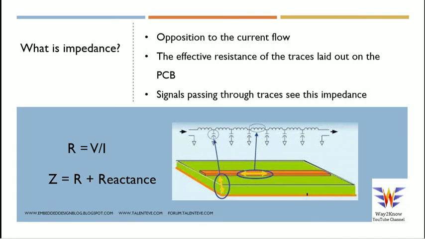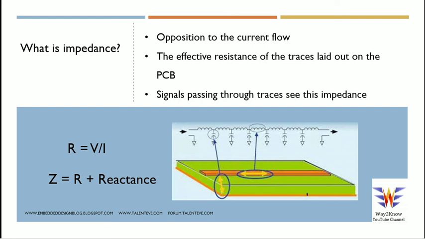Let us continue our discussion on high-speed designs. Whether it be high-speed design or any electronics design, impedance is an important parameter. We might have started learning about this from our academics when we were kids, right? Ohm's law, where we read the relation between voltage, resistance, and current, and the resistance there is voltage by current, right?